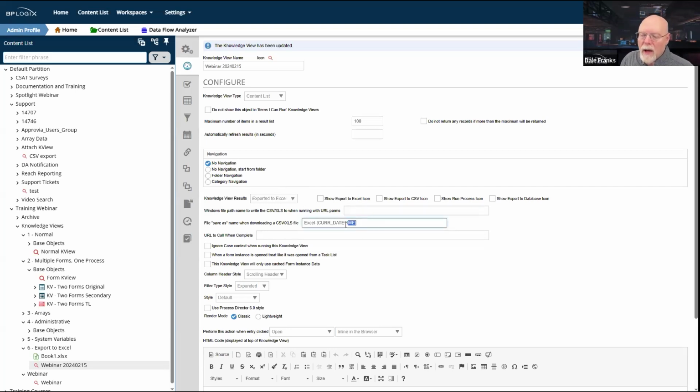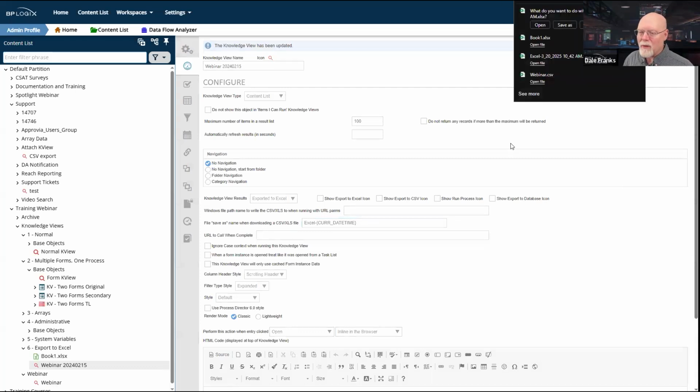Now, note, I told you to take note of the name that I had given my Excel file. Well, the reason that it had the name that it did was because I have, using the current date time system variable, specified a file name when the Excel file saves as Excel dash, and then it'll show me the current date and time. So that's how we got the file name that we saw earlier. In fact, we can just run the knowledge view from right here, and we can see there is my file name,